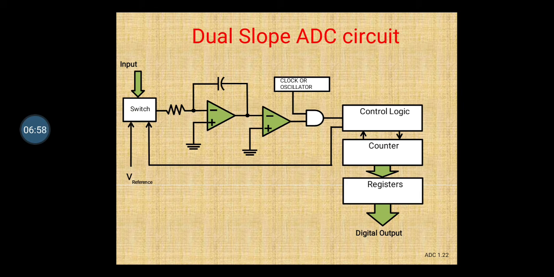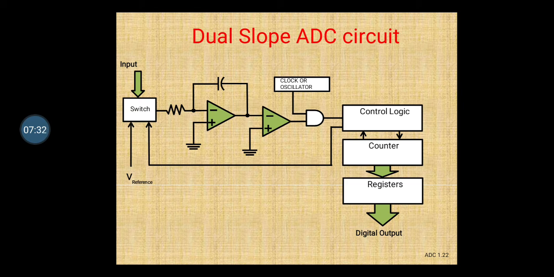So one input to the AND gate is the comparator output, and the second input to the AND gate is the clock signal. We have already studied in the counter what the function of the clock signal is. Clock is very important. Any sequential circuit will give output at a specific time, and that is completely decided by the clock. The clock has different levels, positive level and negative level, and also it has a positive edge and a negative edge.